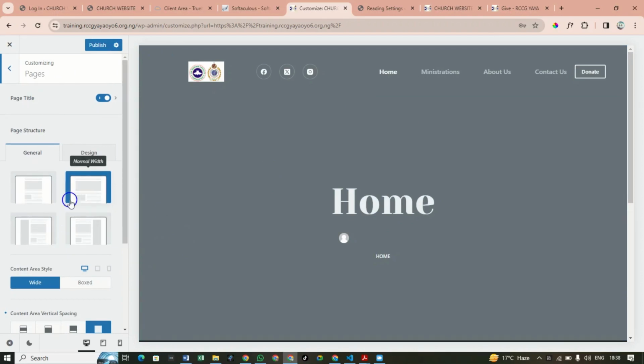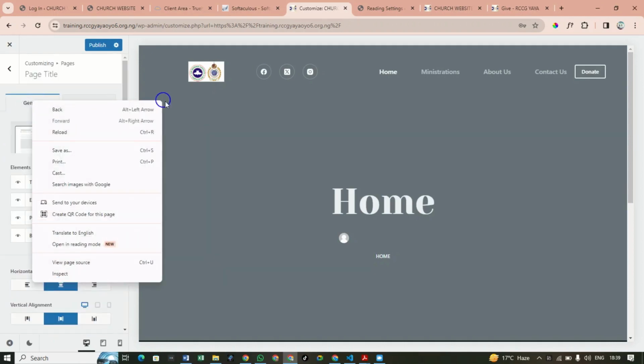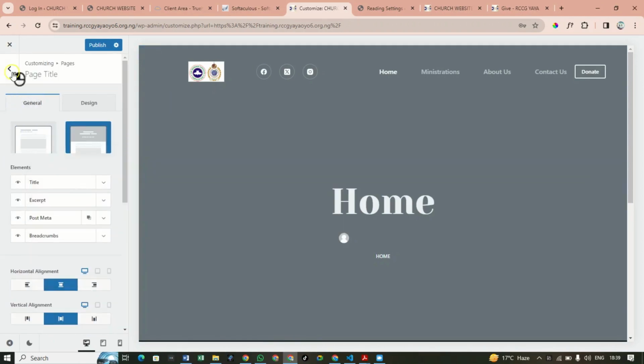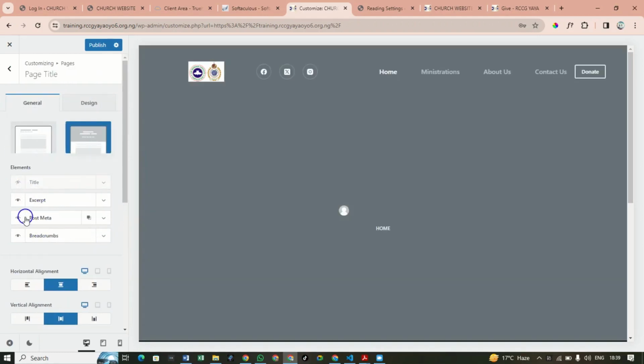You go to pages, then from pages you go to page title. Click on the page title, then you have this place. As you can see, you make sure you untick all these. You make sure they are not showing again. As you can see, they are reflecting immediately. We click on them, you can see. So untick everything. You see now we have a blank home page because we want to do our own